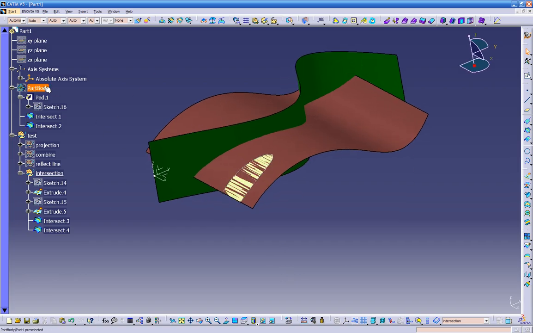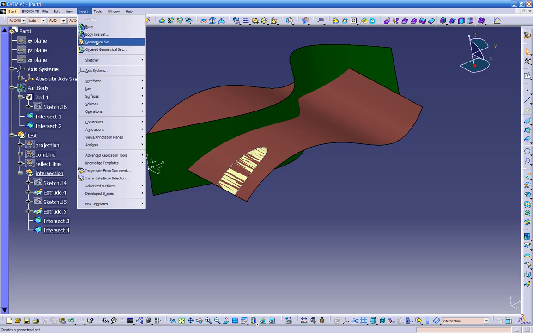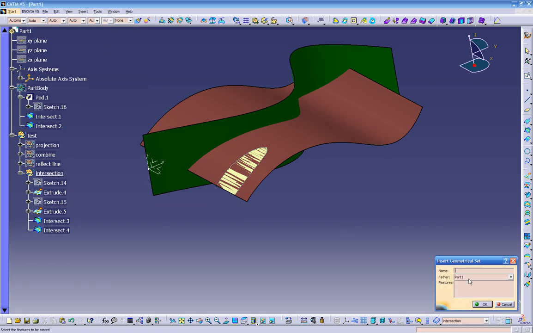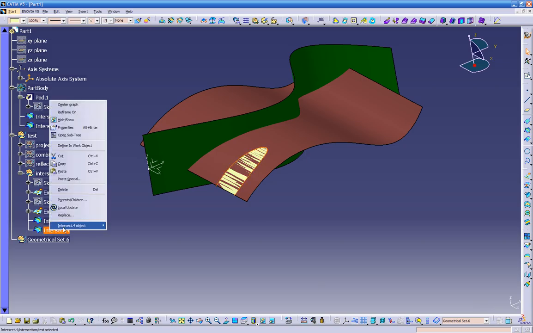So just so you know, you can turn off things and turn it back on. See, if you have this on, you don't know what's going on. So if I turn it off and I have everything organized, I can play with things around. And if I want to have this intersection alone in a folder, no problem. We can create a geometrical set, put it under the main folder, and we can grab this, do a right click,